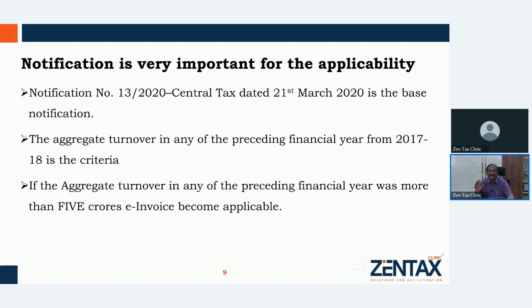But this fixed asset sale will not find a place in your P&L account. It finds a place in your GST return, so that return has to be taken. If you merely look into the P&L, the turnover will be 4.8 crores, so you will not be liable. But if you include the sale of fixed assets, then it will cross the threshold limit of 5 crores. So this is an aspect that has to be seen. The aggregate turnover should be as per the GST provisions. Sale of a fixed asset, say a machinery, is also liable for GST. That also has to be considered.